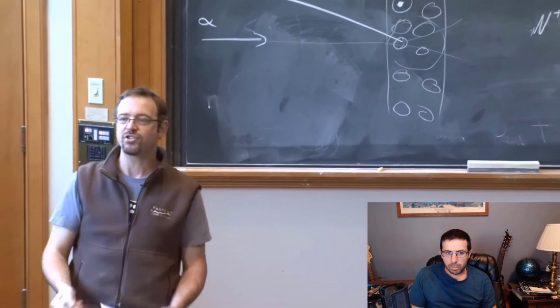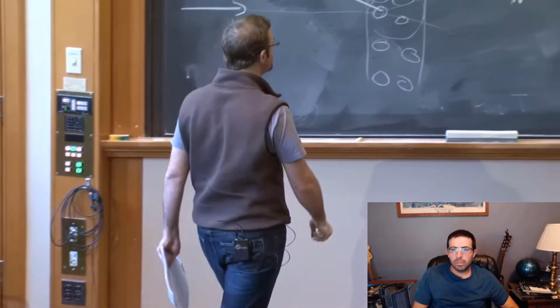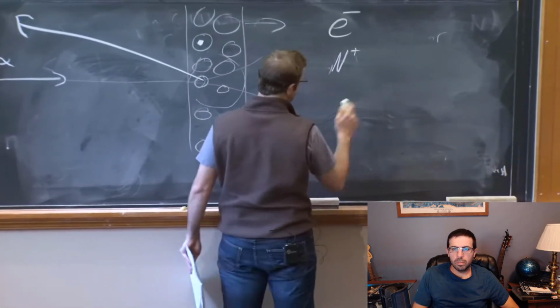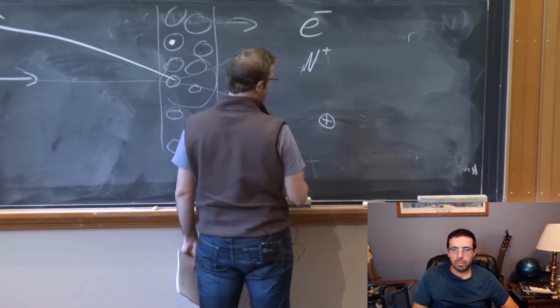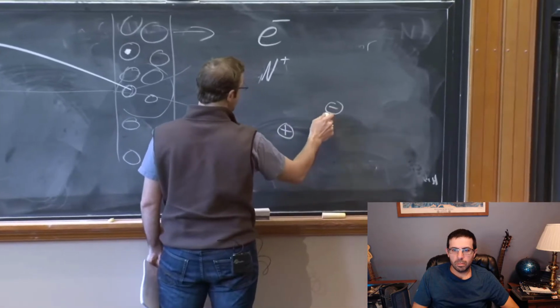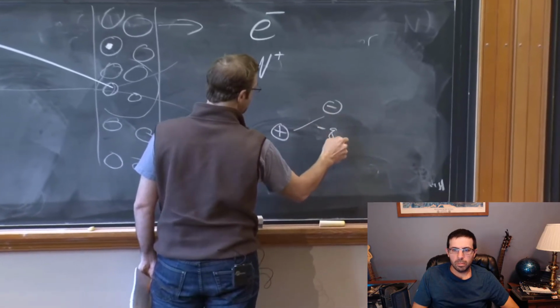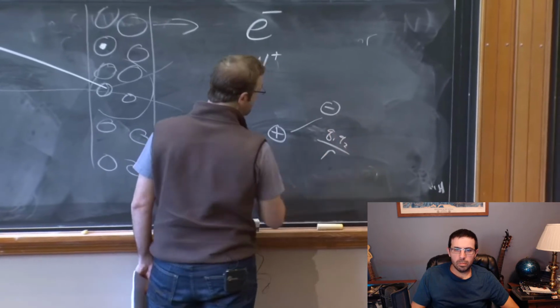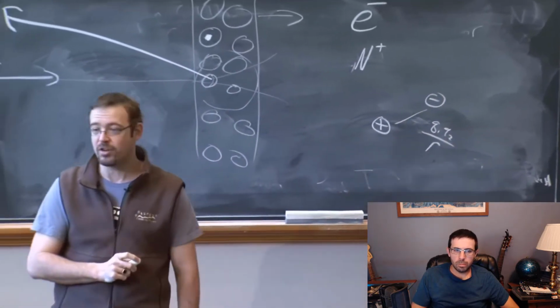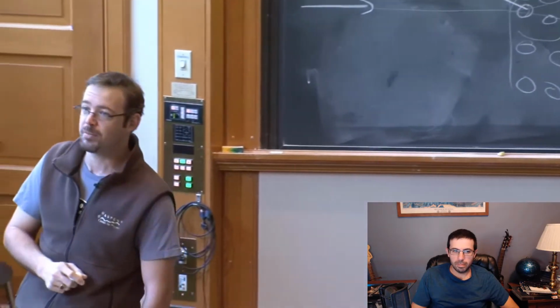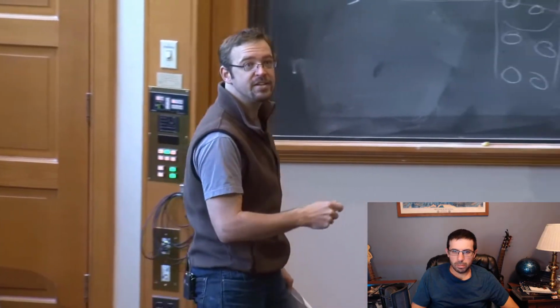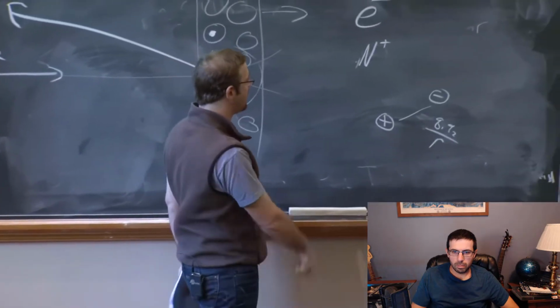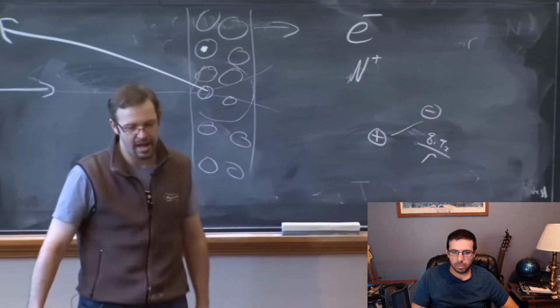Now, this leads to a very natural picture of what an atom is. If you're a 19th century physicist, or even early 20th century physicist, it's very natural to say, aha, well, if I have a positive charge and I have a negative charge, then they attract each other with a 1 over r potential, minus q1 q2 over r. This is just like gravity, right? The Earth and the Sun are attracted with an inverse r potential. This leads to Keplerian orbits. And so maybe an atom is just some sort of orbiting classical combination of an electron and a positively charged nucleus. The problem with this picture, as you explore in detail in your first problem on the problem set, is that it doesn't work.